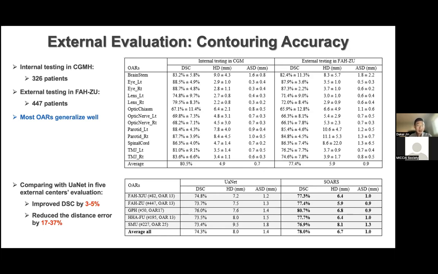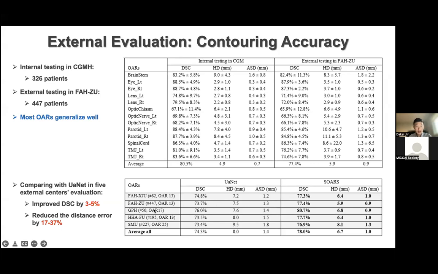Some of the drop, when you look at the results, is more like the different annotation styles in different hospitals. Although when we selected the patients and curated the data set, they had already been edited by the physicians, there's still some degree of variation. And the bottom table shows the comparison of the UANet with the proposed method called source